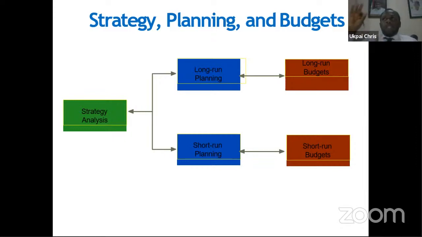Maybe in 2 years' time, they are still using their temporary site. By 2 or 3 years' time, they want to move to their permanent site. That is a long-term budget. But in the short term, within those very 12 months, we have to make more money to enable us to move. It's a short-term budget to make more money within the 12-month period to enable you to achieve the long-term budget. Are we together?